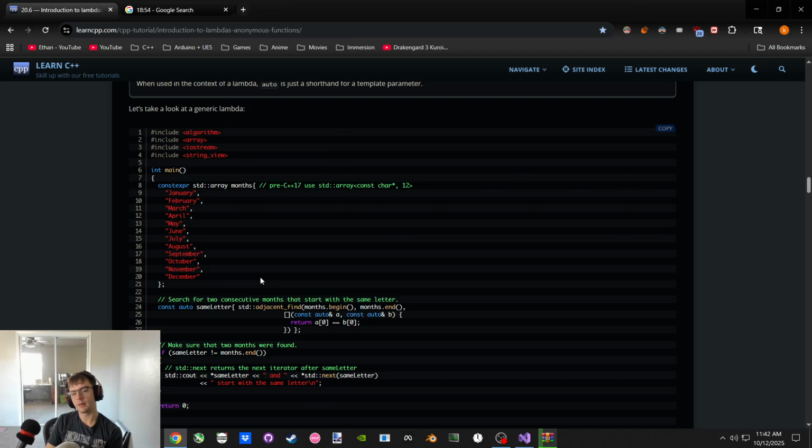And we're passing the same letter months.begin, months.end. So it's going to take one element here because adjacent find holds. We're passing it a function that takes two elements, and it's going to pass in the leftmost, and then the one to the right, and then that one, and the one to the right, etc., over and over. And it's going to compare pairs, and eventually do something.